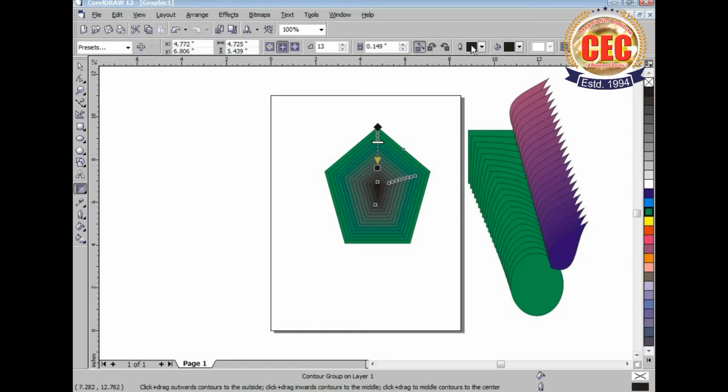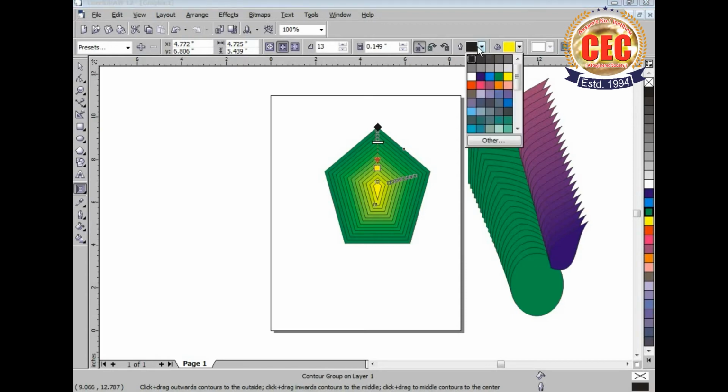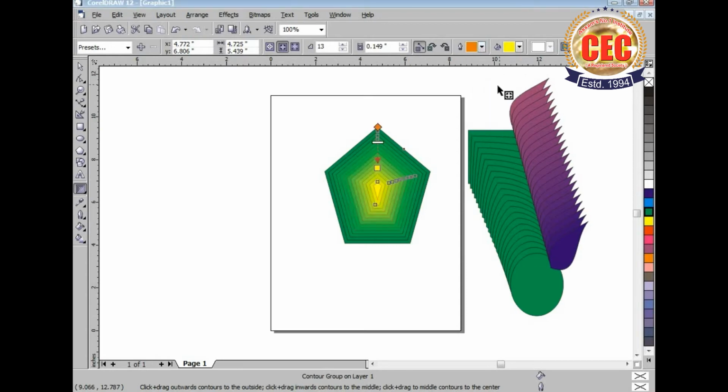After that, click on any one of the colors here and you can blend it with different colors. So whenever I am selecting a color here, it has been filled with the green color and the black color. For changing this color, you'll need to go to this color palette in the property toolbar and select a different color for filling the middle portion of this shape. If you want to change the outline color, then you will have to click on the outline palette and select a different color. The outline will be changed to that color.